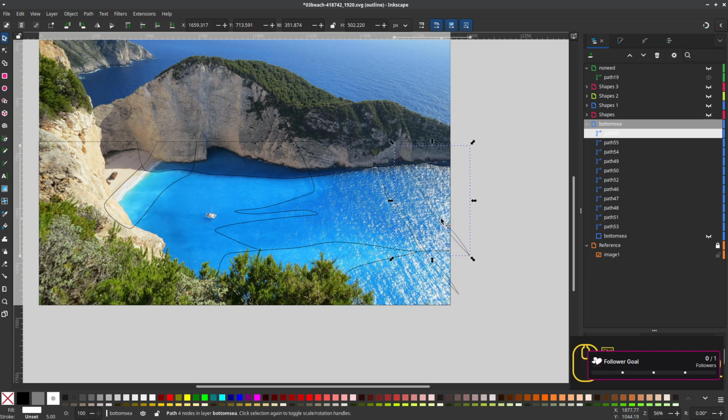and repeat it, maybe flip it horizontally and vertically and move it around. Control D. I can move this here. Perhaps